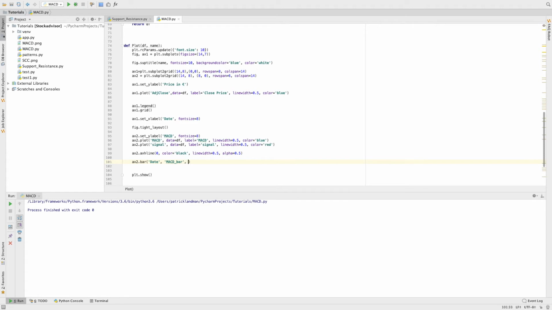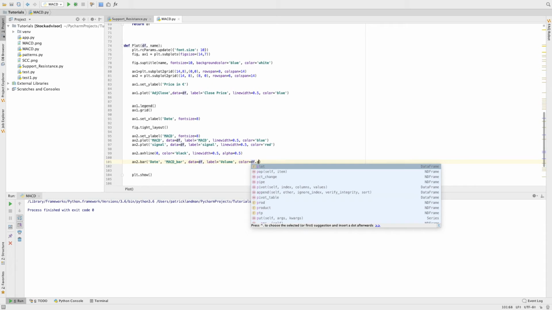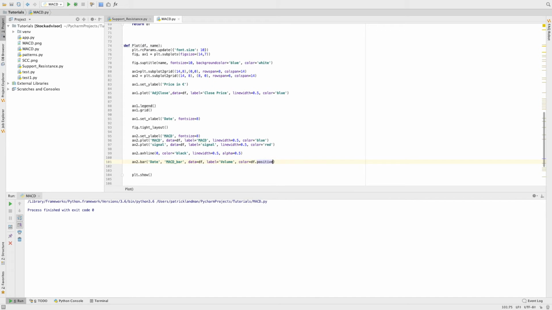Okay, from the data is the data frame. Label is volume. Okay, volume like this, and then the color. And here we are going to make a little trick. Color is, and then it's data frame positive, yes, dot map,